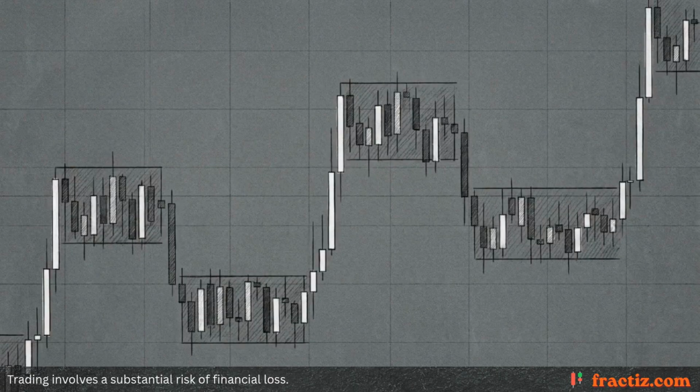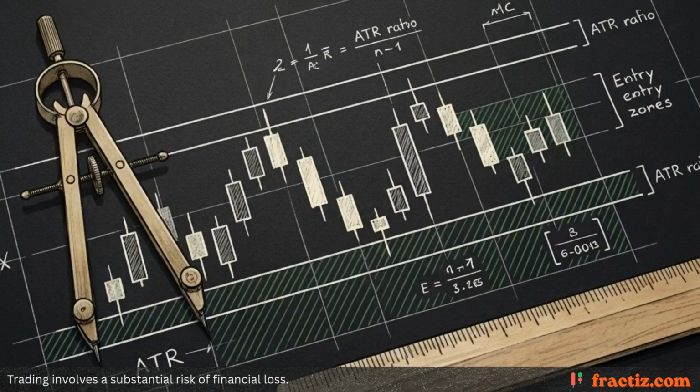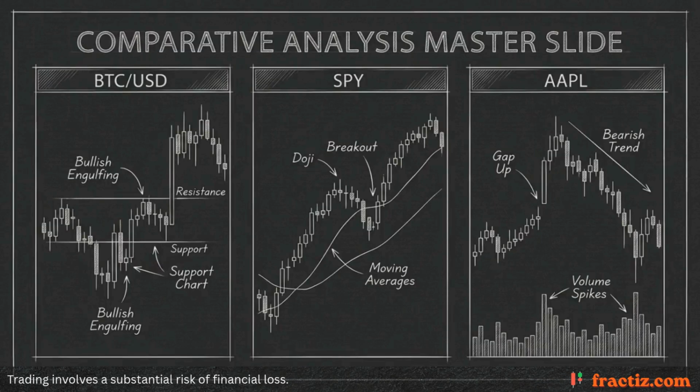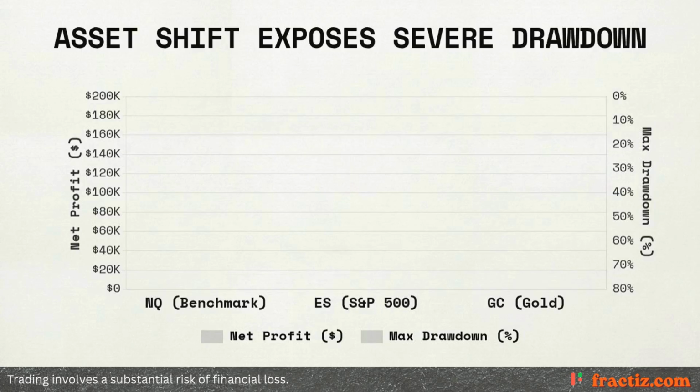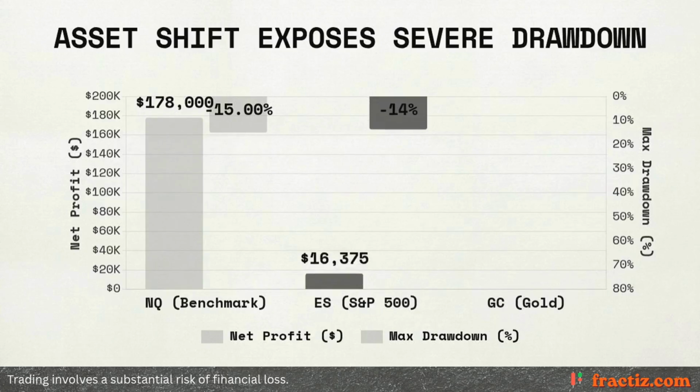Intraday equity index futures, like the NQ, naturally alternate between clean, directional expansion and tight periods of consolidation. The ATR filter maps accurately to the NASDAQ's inherent behavioral structure, reliably triggering entries when actual trend extensions occur. The necessary quantitative question is whether this logic holds up universally across different asset classes. Testing identical mechanics on the S&P 500 and gold reveals stark contrasts. The ES underperforms, generating only $29,222 net profit and a 0.29 Sharpe.